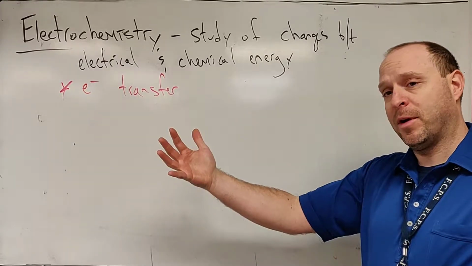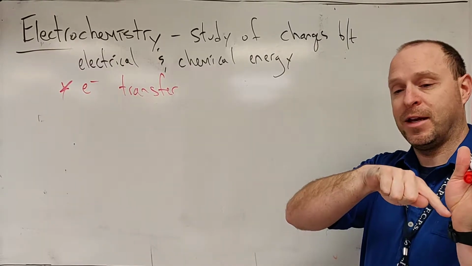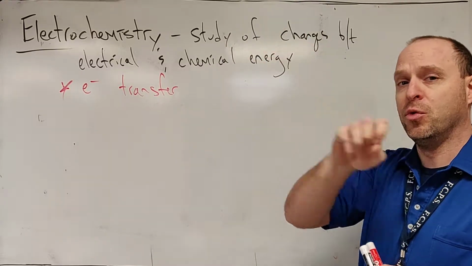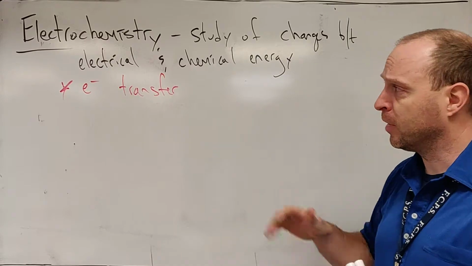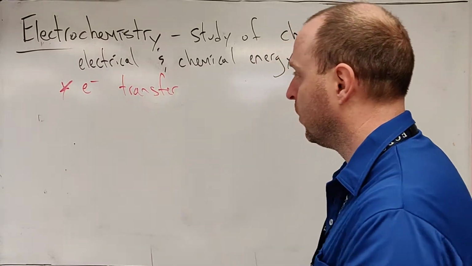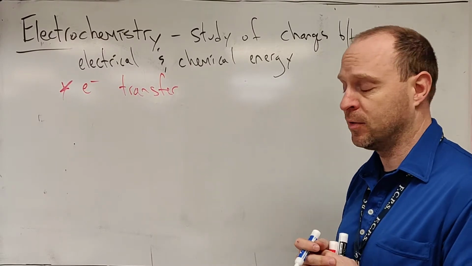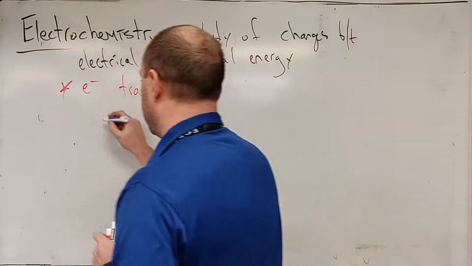But if we can separate them, we can harness that energy as the electrons move from one side to the other, and we can make them do work to get from one place to the other place. There's two basic ways that we look at electron transfer for electrochemistry, oxidation-reduction chemistry, one of which is